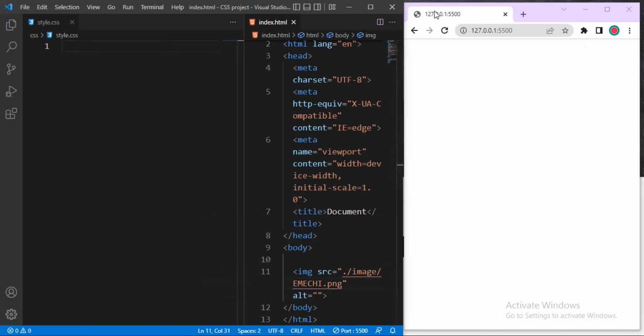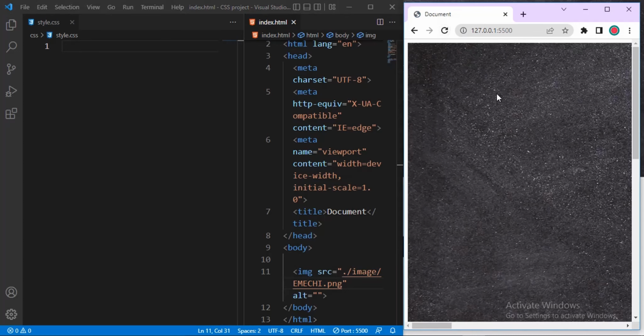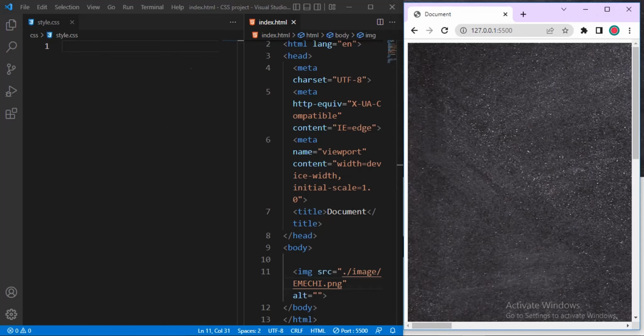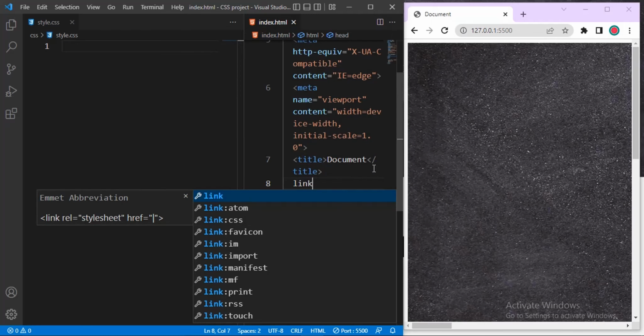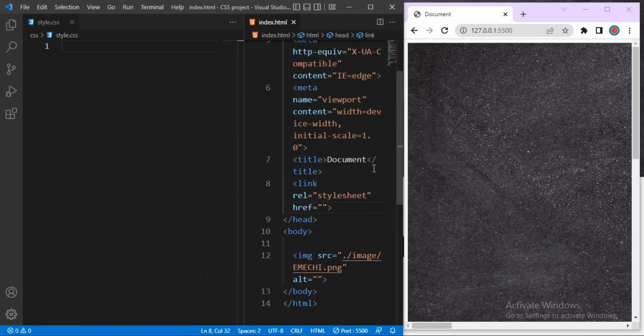If I refresh this page now, you see the image covers the whole screen. It's not responsive, so I will set that inside the CSS. The next thing we do inside our HTML is to link our CSS file to the index.html file. To do that, we'll use link. Inside the link, you insert the CSS file the way you insert the image. Use dots and /